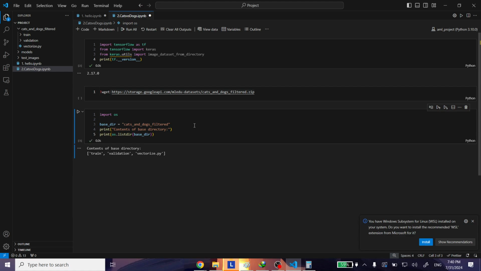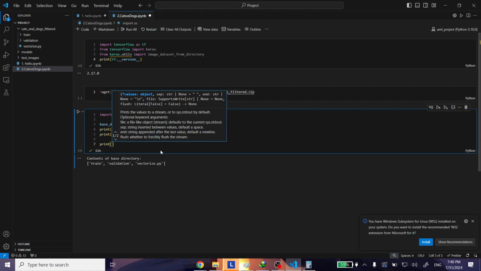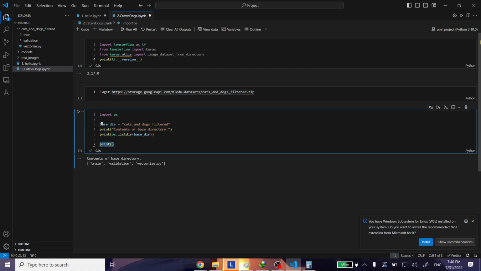Okay, so you can see that over here we have three folders: train, validation, and vectorize. Similarly, if we want to print the contents of the train directory,